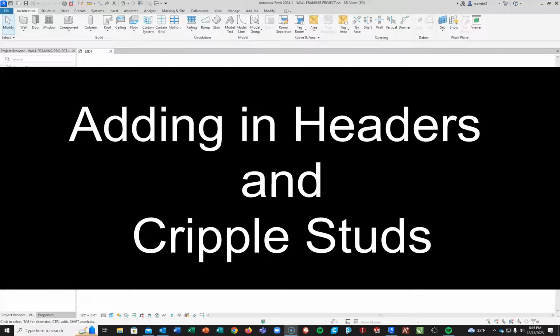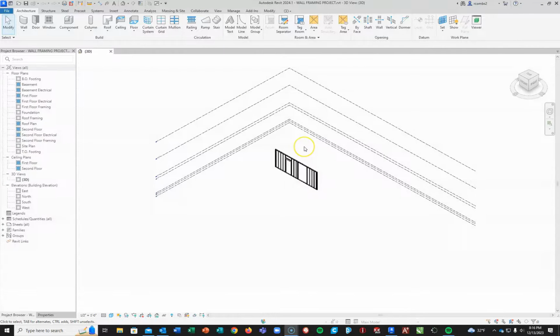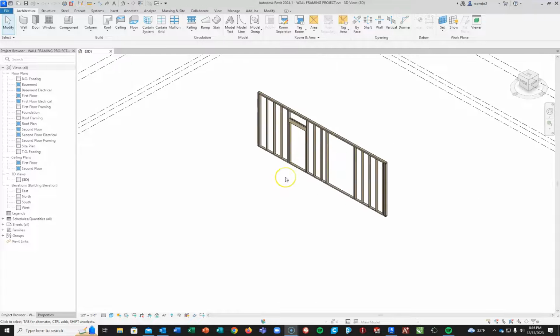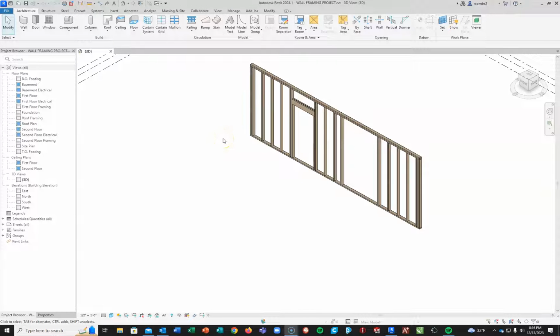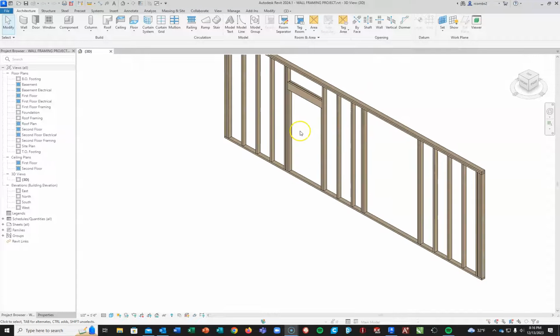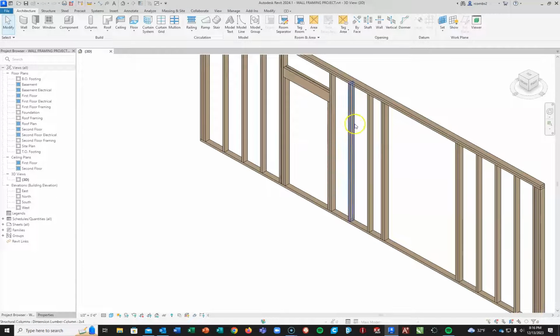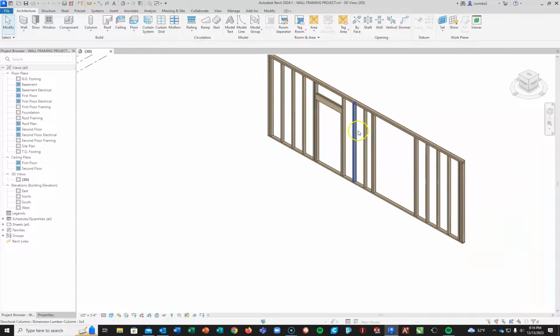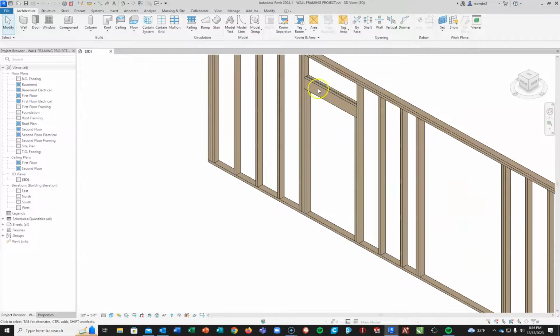Alright, so this is a continuation from our lesson from period 2A this morning. We started creating our front wall here, where we added in our studs, our king studs, jack studs, and we started at the end of class, or ran out of time, unfortunately, of putting in our headers. So we're going to finish up this part of the lesson by adding in our headers, both for the door